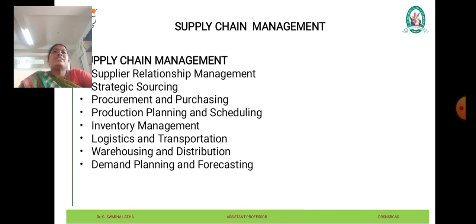By effectively managing the supply chain, organizations can reduce cost, improve efficiency, enhance customer satisfaction, and gain competitive advantage in the marketplace. SCM is a critical function that integrates various business processes and stakeholders to optimize the flow of materials, information, and resources across the entire supply chain ecosystem. Overall, effective production function management is essential for achieving operational excellence and competitiveness in today's dynamic business environment. It requires a combination of